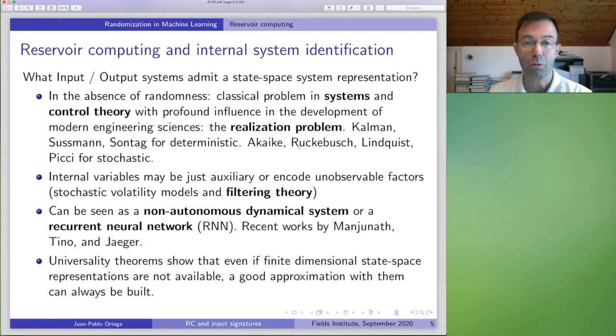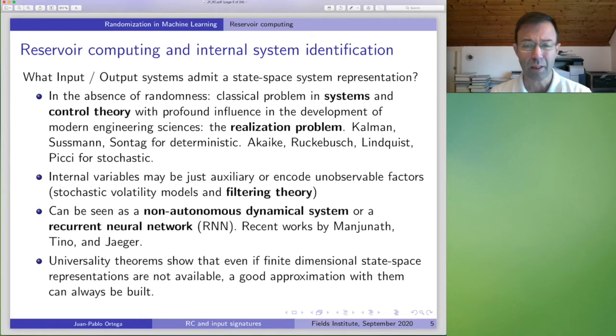And so you see what I just told you. I give you an input-output system that I want to model, that I want to learn, because we are going to ultimately train this system via supervised learning at the time of solving this linear regression. So the fact that we are realizing a given input-output system as a state space system, this is a classical problem in systems theory. That's the realization problem, right?